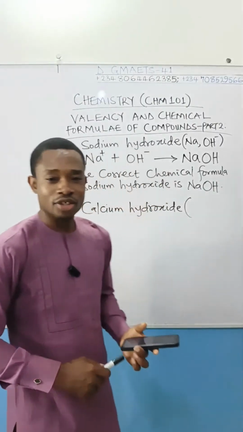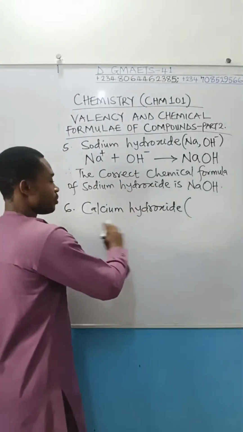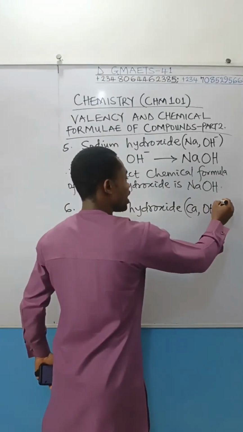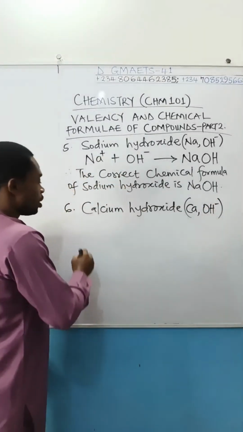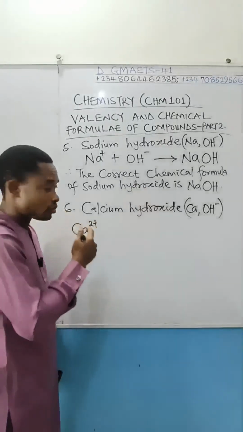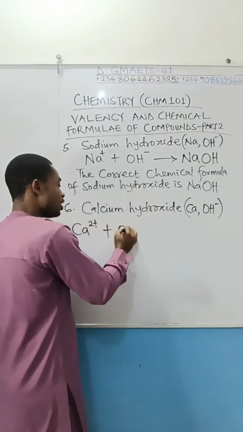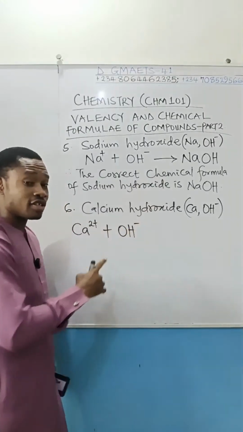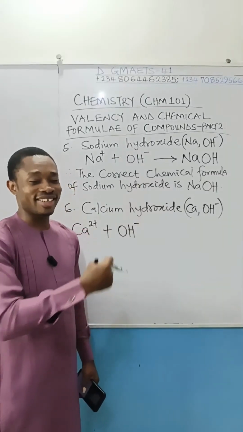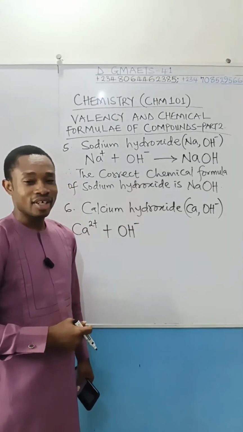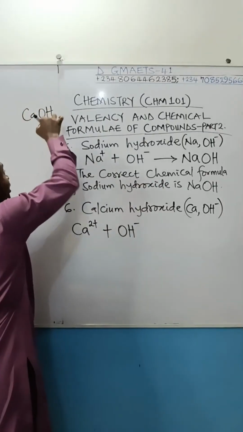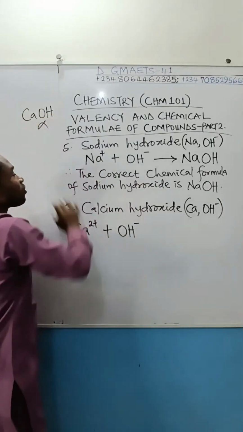Let us look at calcium hydroxide. From the name, we have calcium there, and of course we have our hydroxide radical or ion. By the time they combine, calcium, the valency is 2+. It is going to combine with OH negative. The valency is -1. Of course, I can feel you smiling now, and you're saying, yeah, I think I get it now. I think I can see why CaOH is wrong,